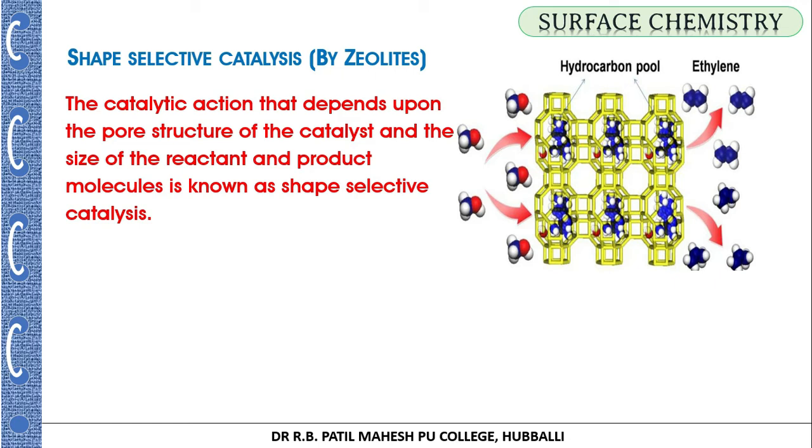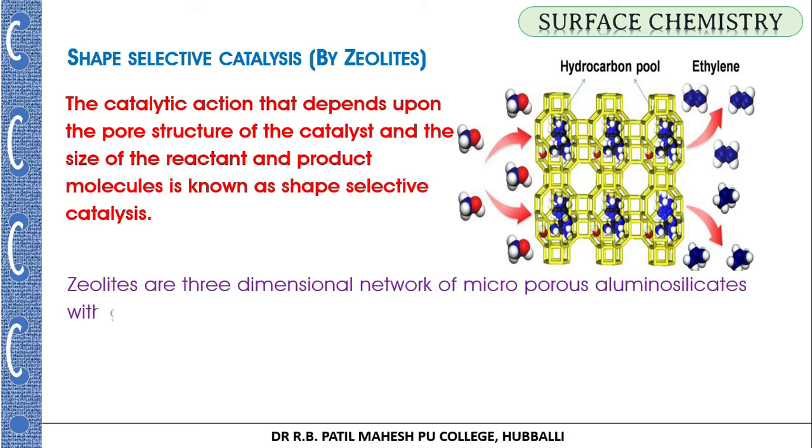So examples, as we have written already, zeolites, which have a three-dimensional network structure, are nothing but aluminosilicates. The general formula is M x/n [(AlO2)x (SiO2)y] . m H2O. In this formula, n indicates the valency of the metal cation, and M indicates a metal like sodium, potassium, calcium, and m indicates the number of molecules of water of crystallization.